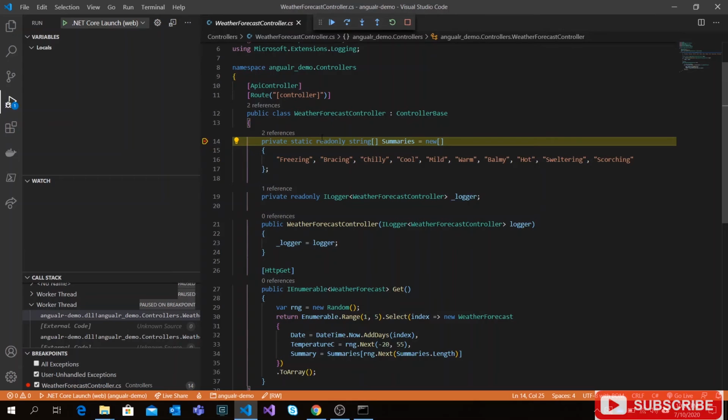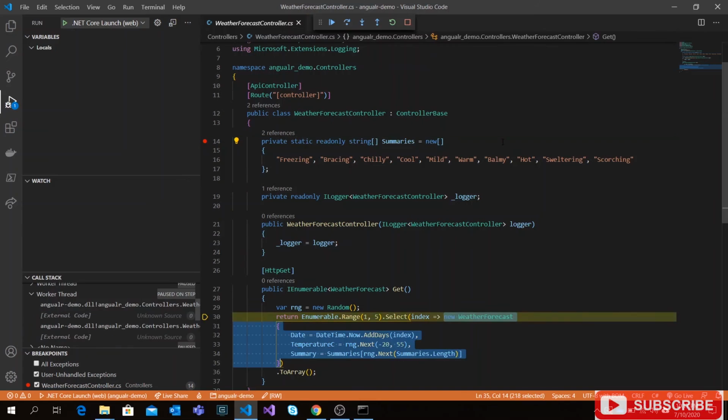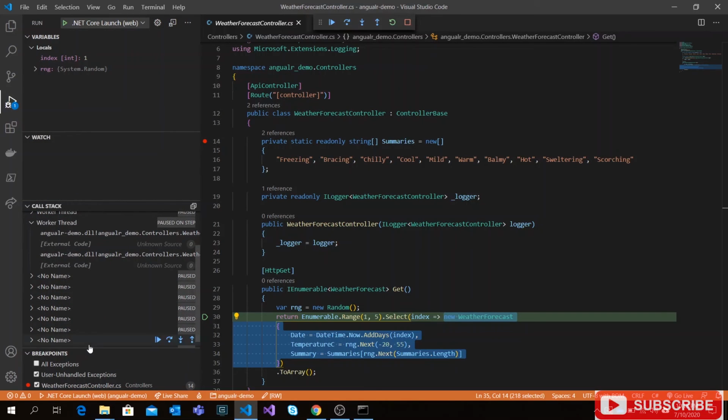Now we can debug it by using step in and step over. Either you can use this button to navigate or you can use the shortcut similar to Visual Studio. So I will step over with the help of F10. Okay. In the left pane you can check the local variables, watch window as well as call stack. You can also see all the breakpoints that you have applied here. I guess you can disable a breakpoint from here as well.